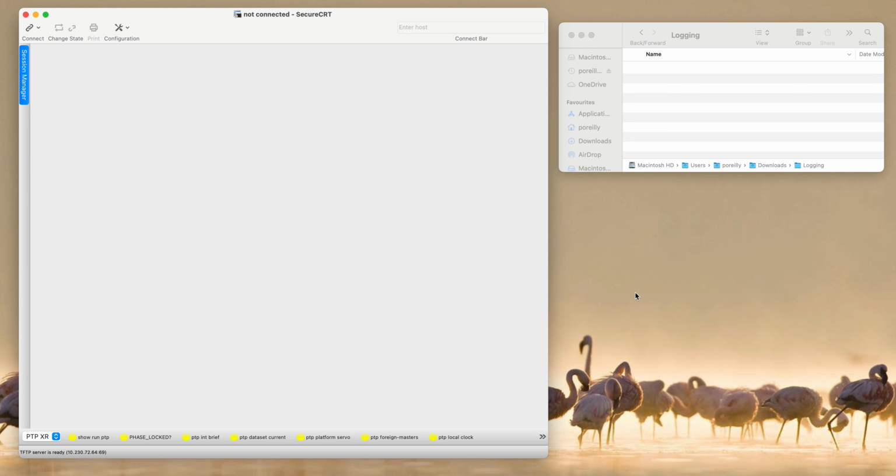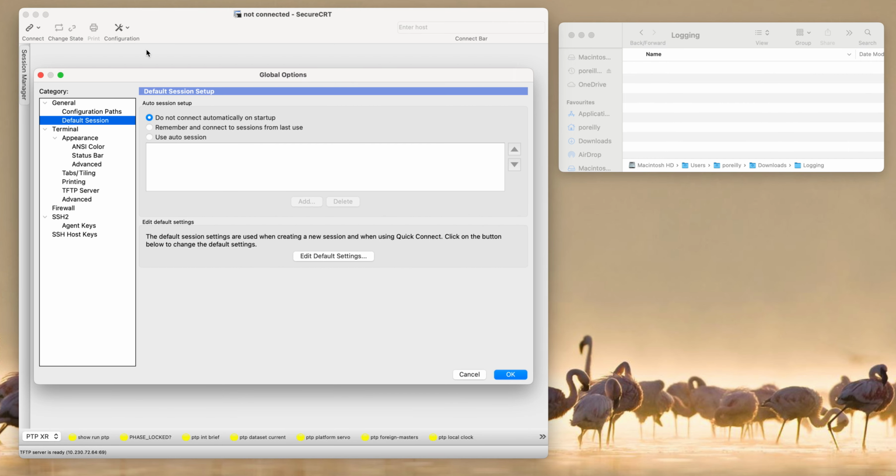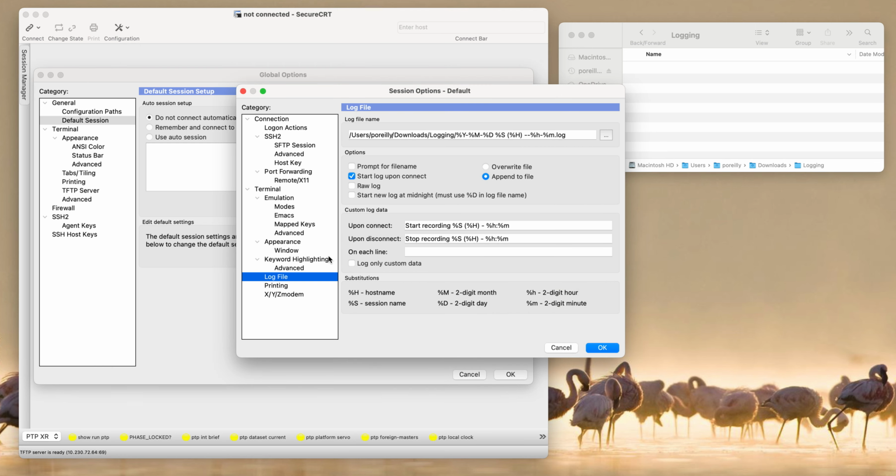This is, I find, very useful. Using SecureCRT, you can set it up in the defaults to automatically log any session you've got up and running. The way you do that is go into global options, go to edit default settings and press log file, and there you specify where you want to deposit